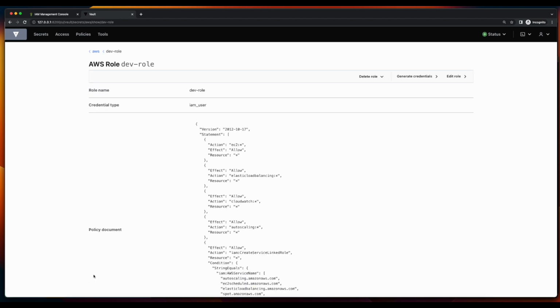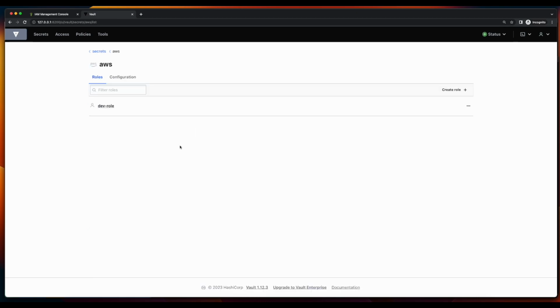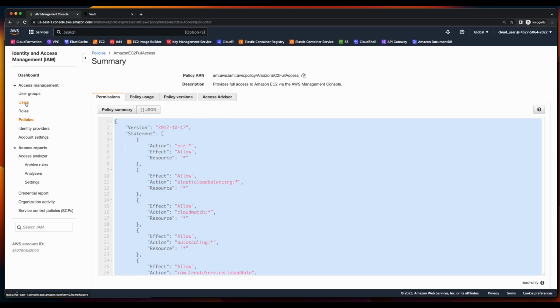Now, each time someone requests a new dev role in Vault, an IAM user will be created in AWS with an access key and secret access key with the EC2 full access policy attached. For Vault to be able to create a new IAM user, we need to configure Vault with proper AWS credentials. So, back in the AWS IAM console, I'll go to Users,